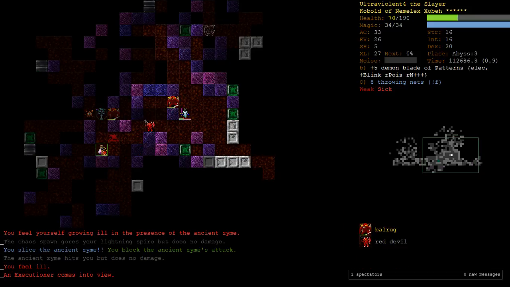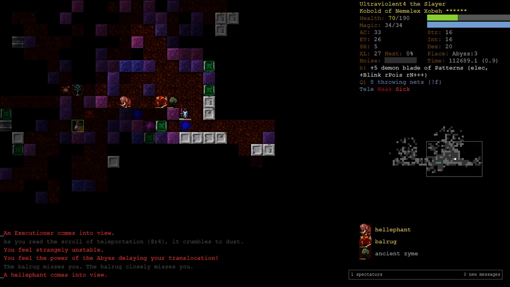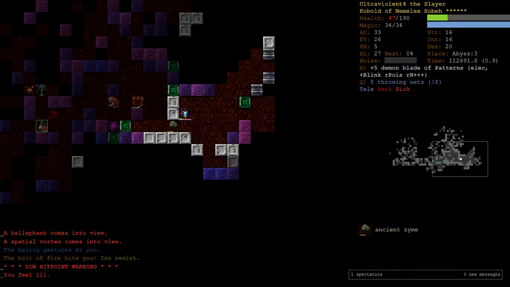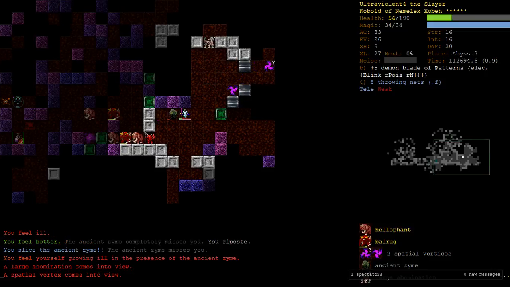There's an executioner, so let's read a teleport. This is getting too crazy. And an elephant. So again, we're just taking this very slowly. We've got Bolt of Fire there. I'm going to cure, so it gives us a little bit more HP, and it means that we're